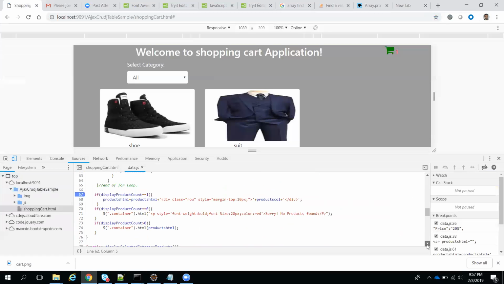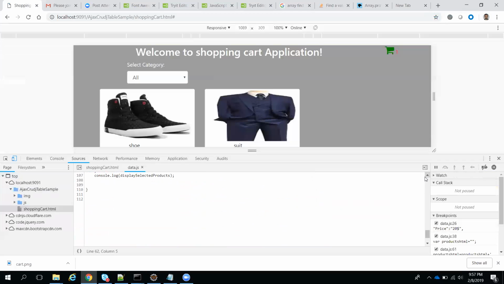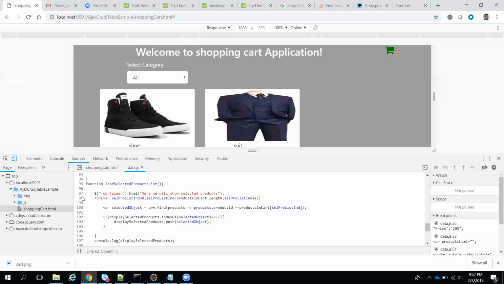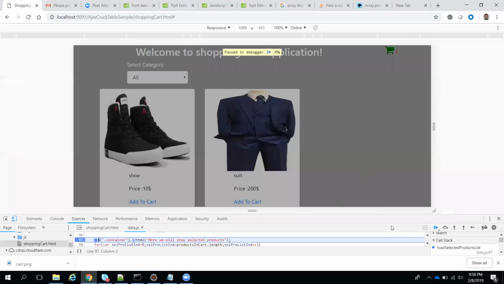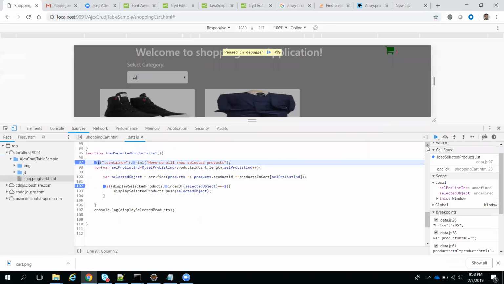To check that, we need to give one debug point inside. Anyway, we have given console.log, but we'll see how this is working inside. Now I will click on it. See, it went to this loop because on click we have given this function, so it came here.